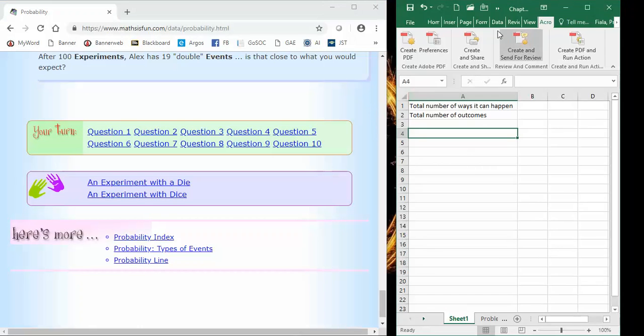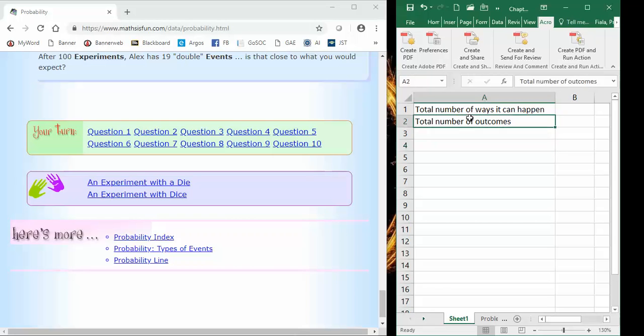One thing that I'm going to be using here, Excel, that I put in here for you, is that for probabilities, the best way to do it is always to have the total number of outcomes. That's the one that I get first, and then the total number of ways it can happen. That's how you're going to get your fraction. So let's just go ahead and try. This is going to make more sense. Let's try